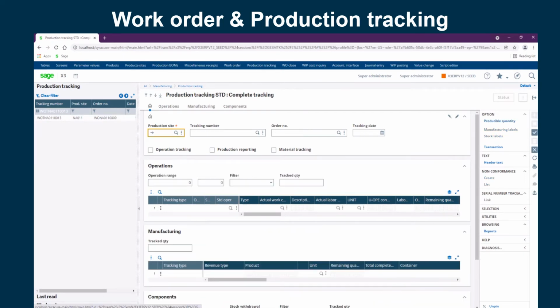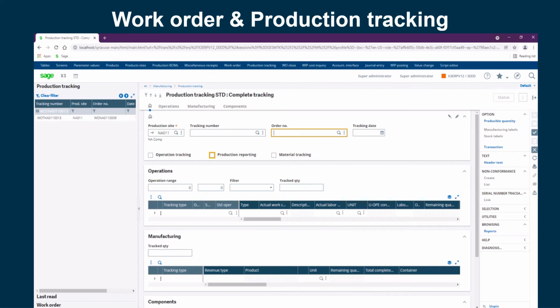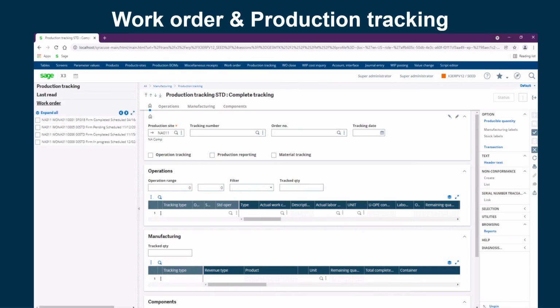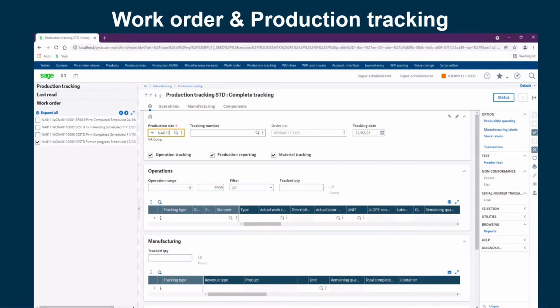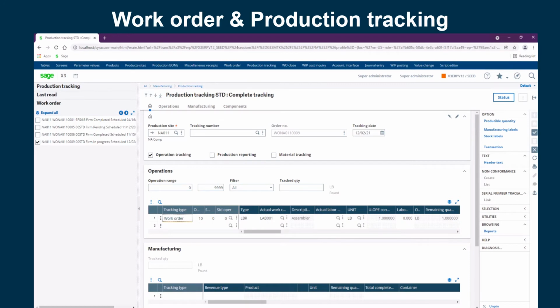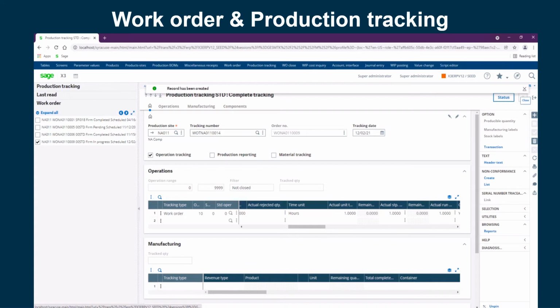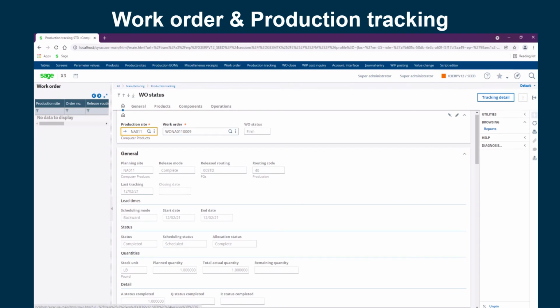So I'm going to click new, enter my production site, enter the work order number, which I'm going to click on the left list, look for the work order number, and check the production reporting and check the material because it's already been done, and just track the labor work center or the labor operation. Click create,